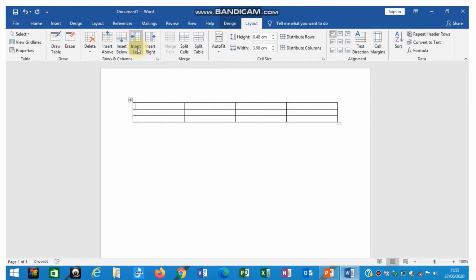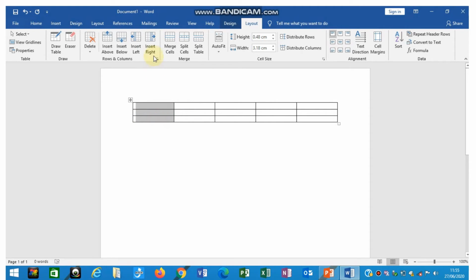So first we will see how to insert the column. We have clicked on that cell and you just have to click once on Insert Left. You are able to see this new column has been added in the table.